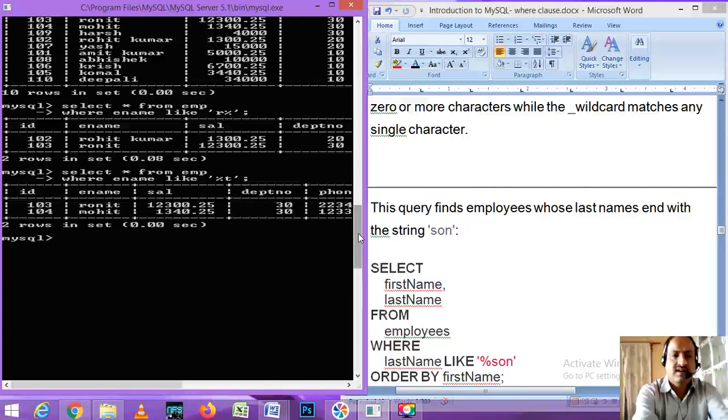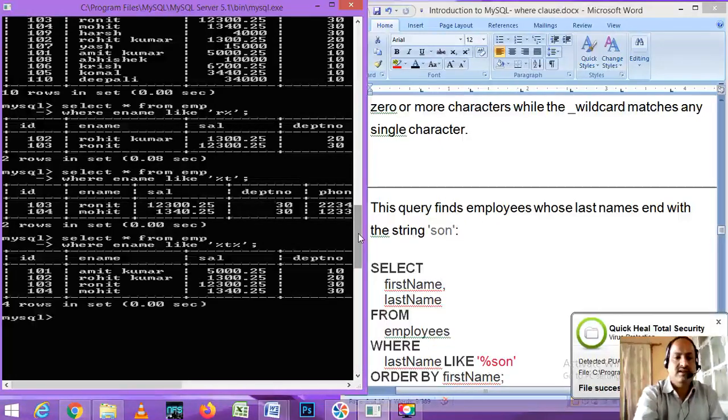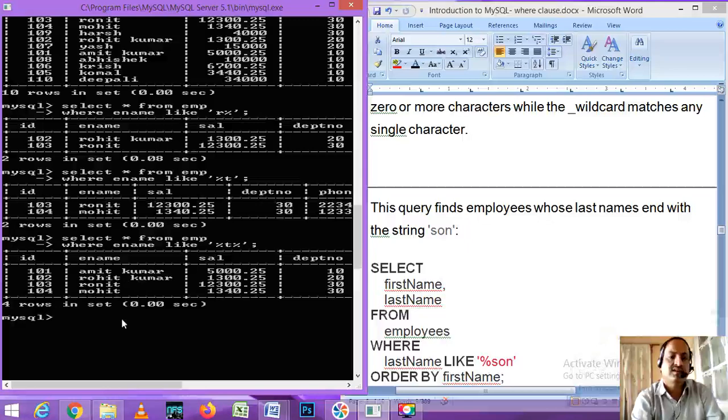You can write SELECT * FROM EMP WHERE ename LIKE '%T%'. If you forget to use quotes, you have to write it again, percent T percent, then semicolon and enter. You will find T in the value; it can be at the start, at the end, or in between, anywhere. If you find T then you can print it. Okay, thank you.